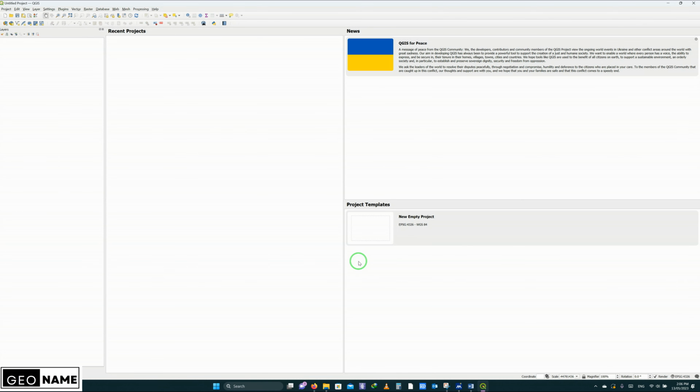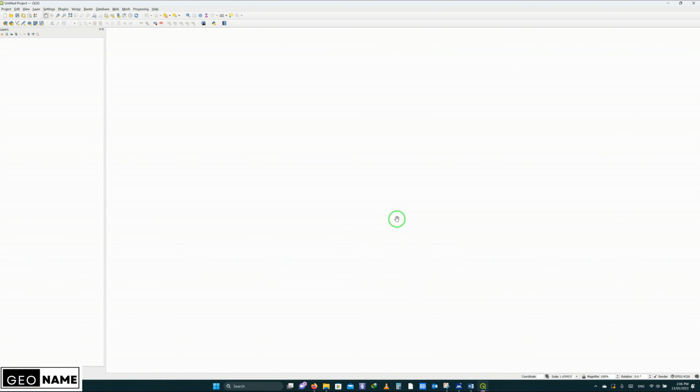Alright, once you open QGIS, you see here on top there's news, some project templates, and a new empty project. On the left you see the layers, and this is our environment and some toolboxes on top. But to start we click on the new empty project, which is here. Double click on it and you get this